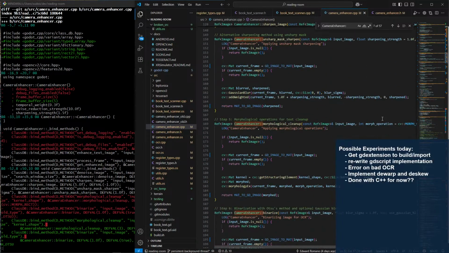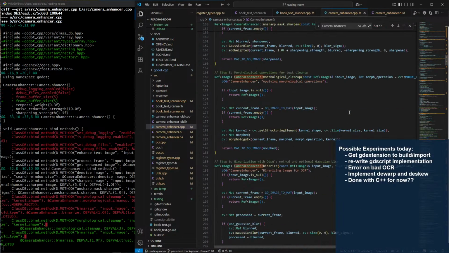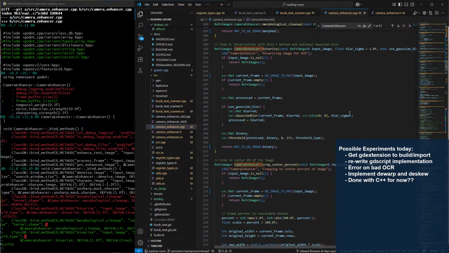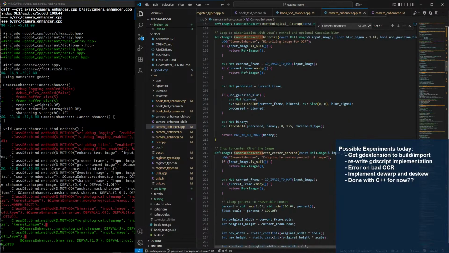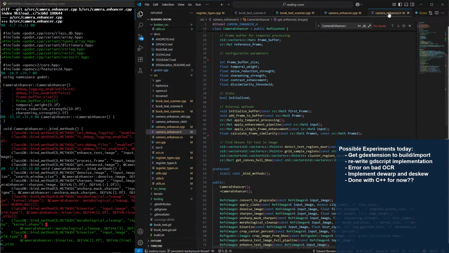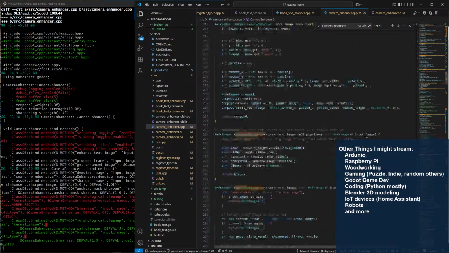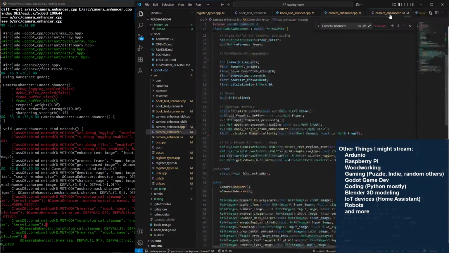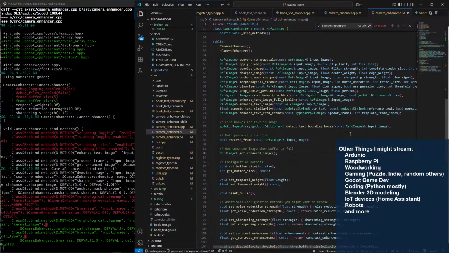Unsharp mask sharpen, morphology cleanup, binarize, crop center, crop image, to enhance text. So far, all these, that's all correct.